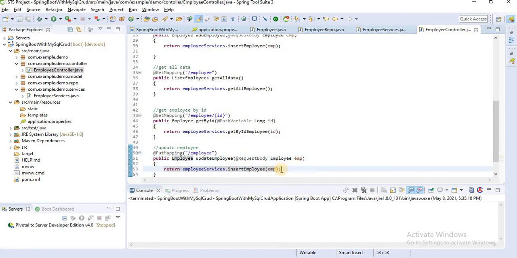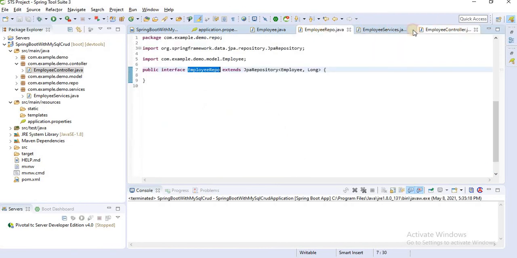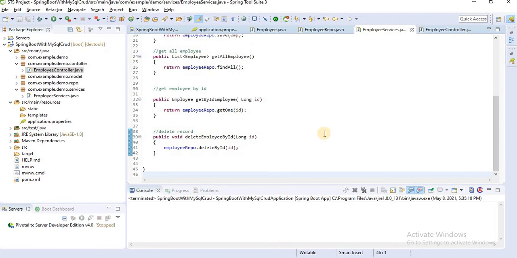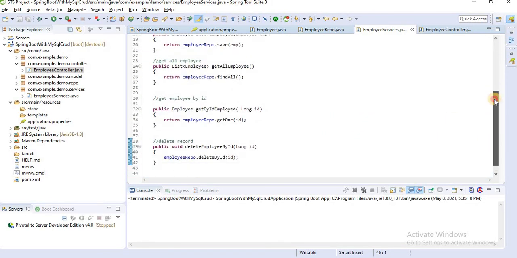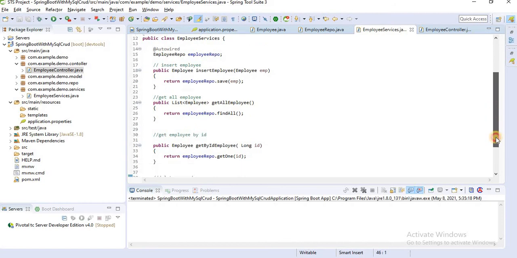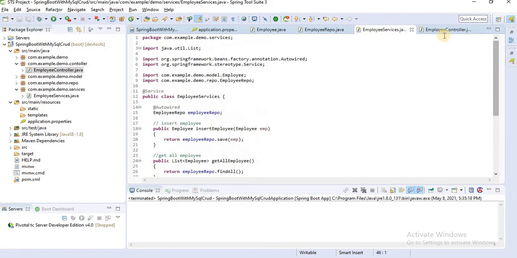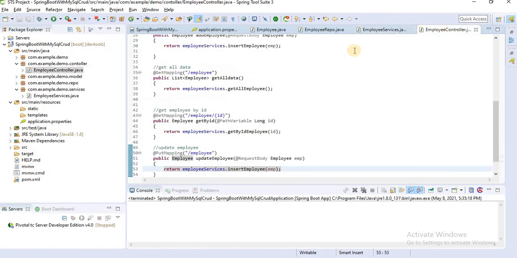Okay, I'll show you one thing. In employee service, we didn't create any update employee method. Why don't we need to create an update employee method? I'll tell you. JPA provides one common method, the save method.